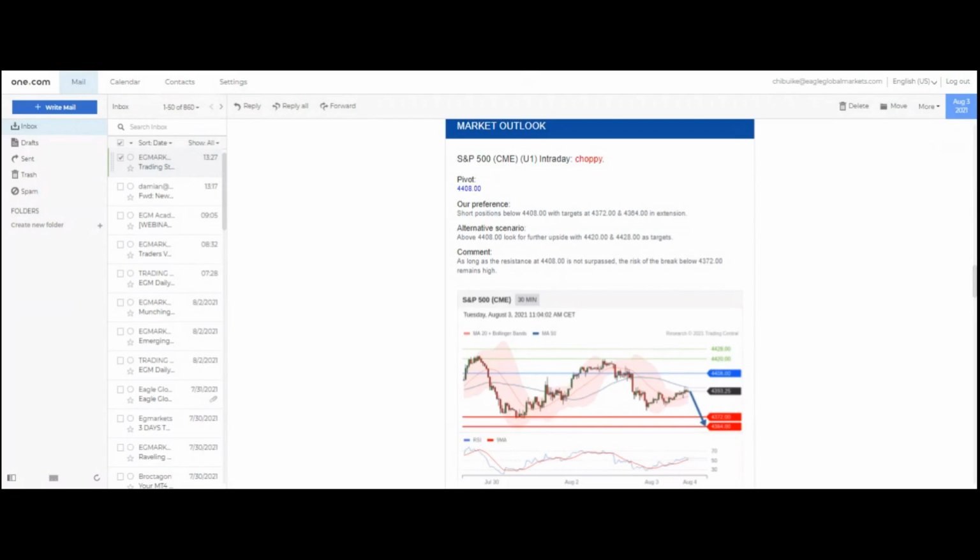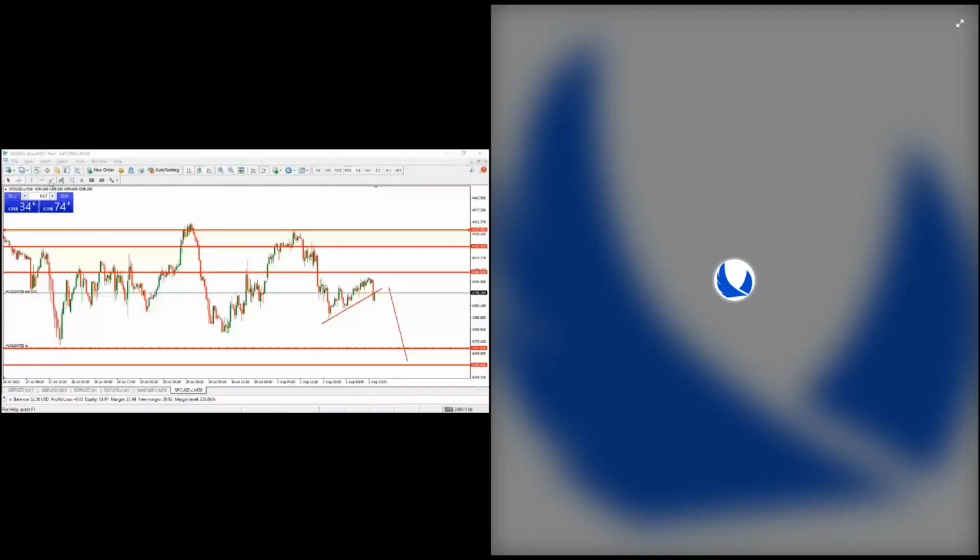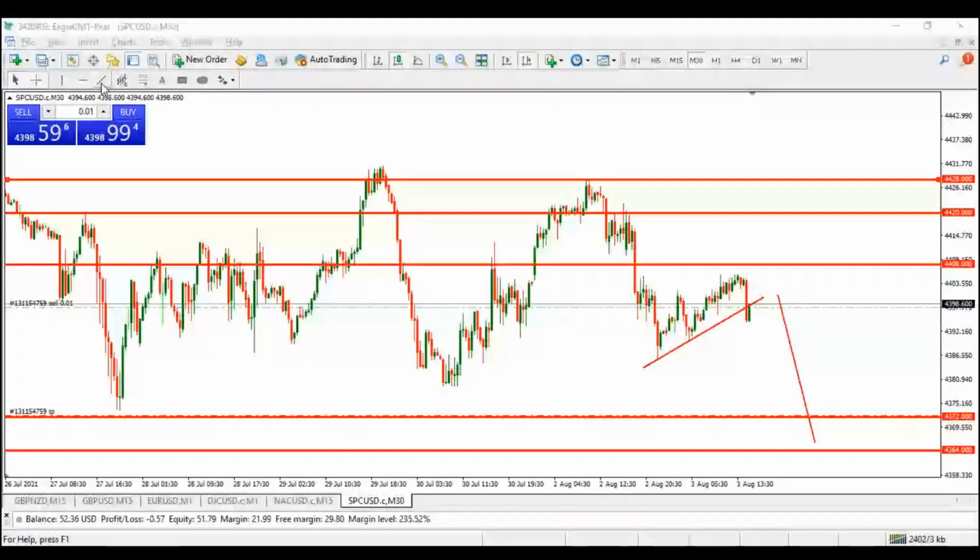And how did I get the pivot points? I used the horizontal line tool on MT4. Let me show you the horizontal line tool on MT4. This is the horizontal line tool right here. You see it up above here. Now, once I place the horizontal line tool, I can right click on it or hold it